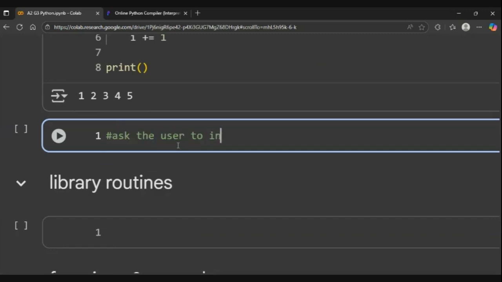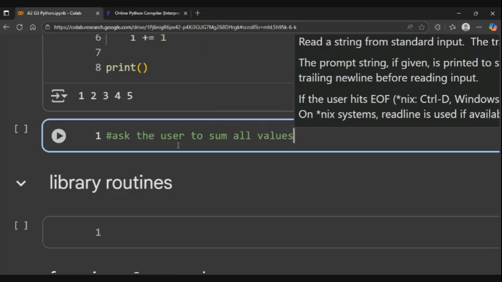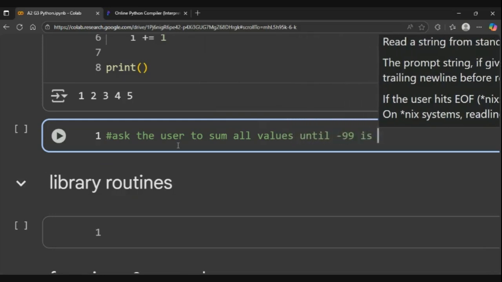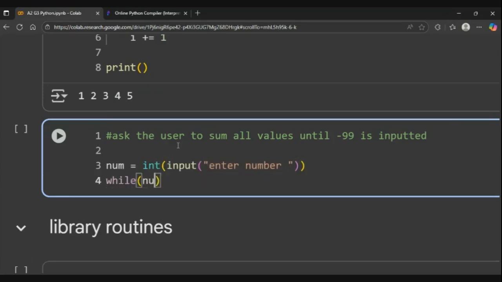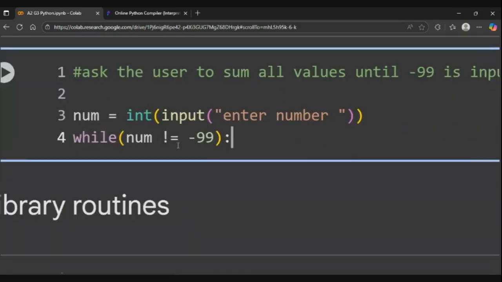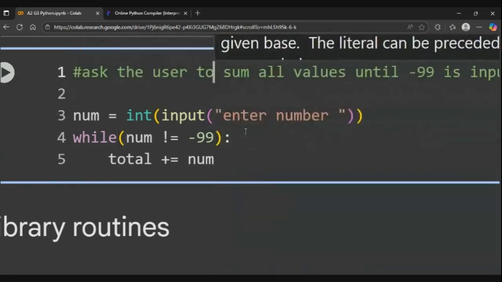ask the user to input to sum all values until -99 is inputted. So again, we will ask the user to input a number, enter number, and again, like you guys remember, पहले आपने while से पहले भी input लेने, and then इसके बाद भी आपने input लेने. So while the number is not equal to -99, we'll simply add this value in the number. Total हम 0 कर देंगे,